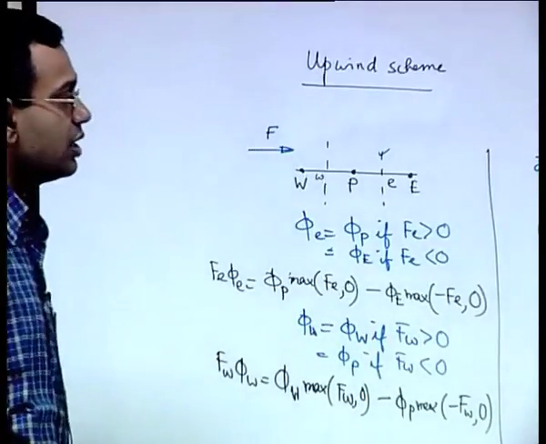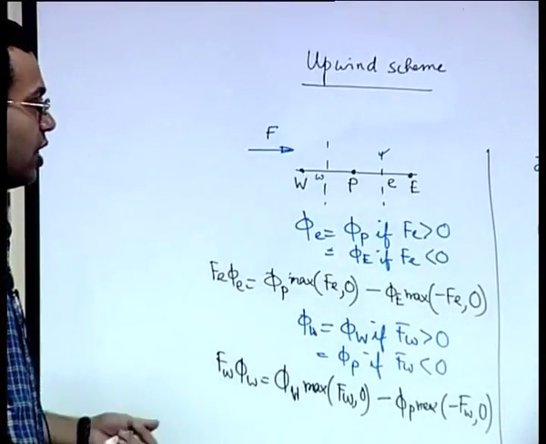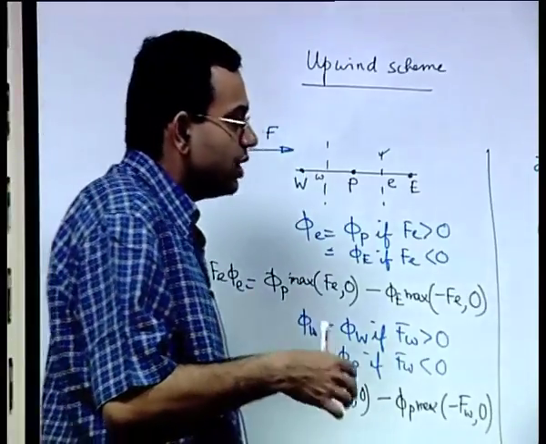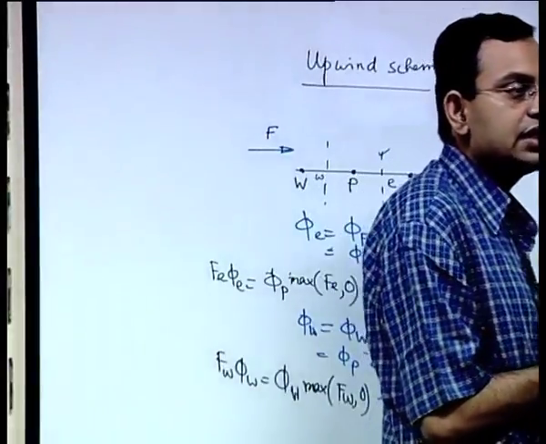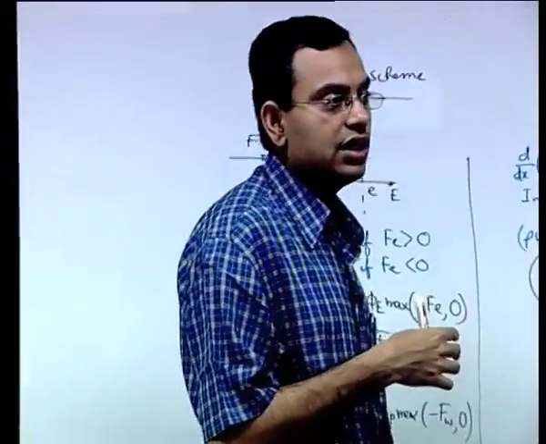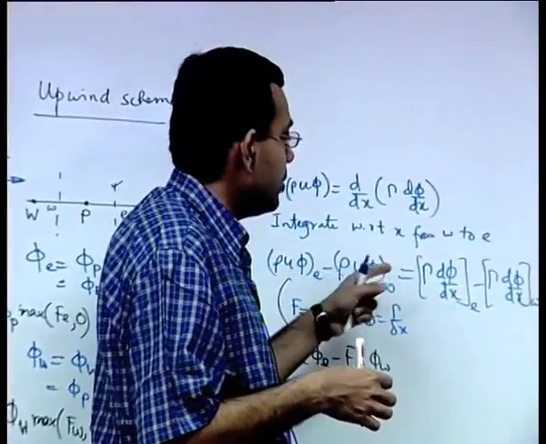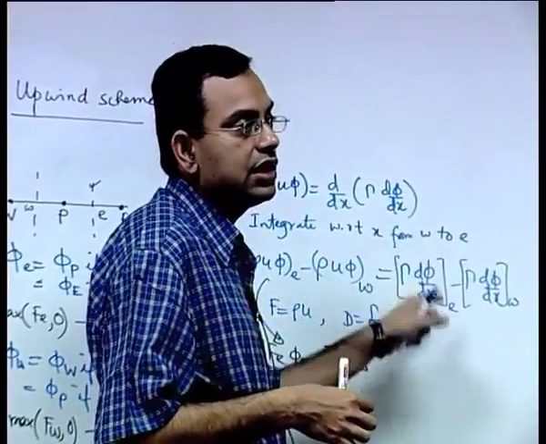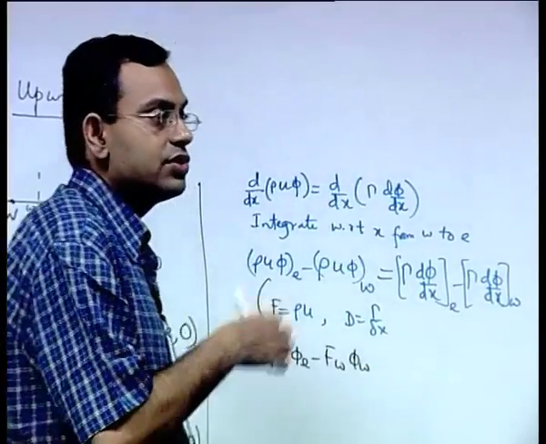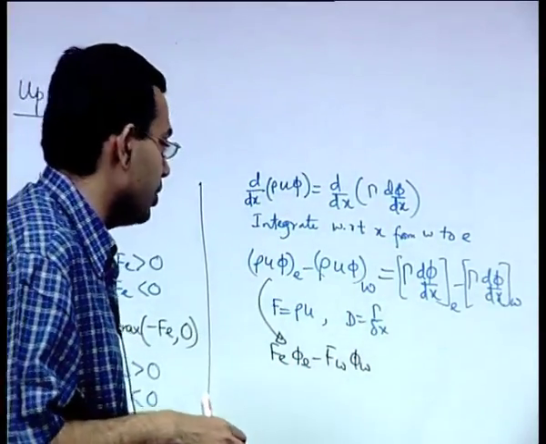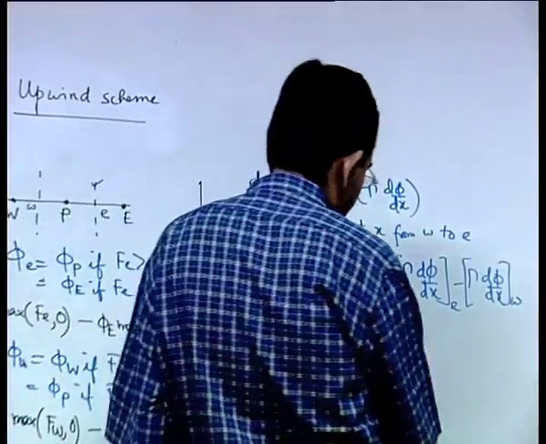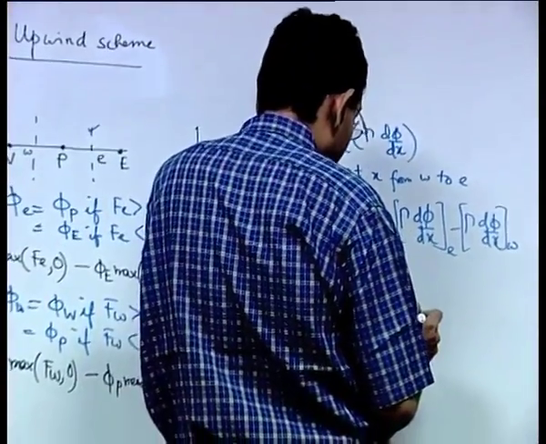So for the diffusion term, what we can do, we can still maintain the central difference scheme, because that was a scheme where, without the advection term, the diffusion term discretization created no problem with the piecewise linear profile assumption between the grid points. So if you do that, then what we get,